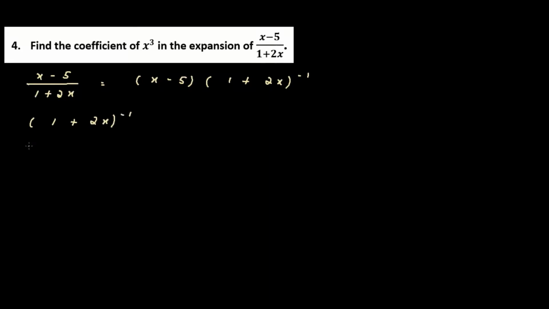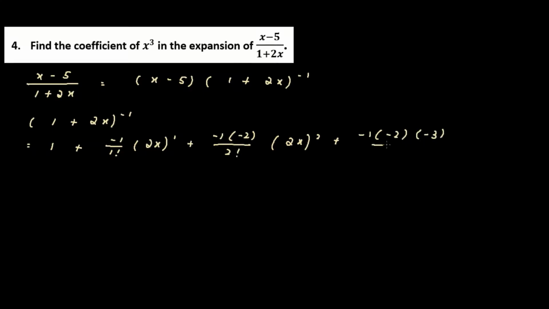So what can you get? You have the first term, and then plus power, 1 factorial, 2x power 1, plus same thing, next power, 2 factorial, your x power 2, plus power minus 1, power minus 2, divide by 3 factorial,